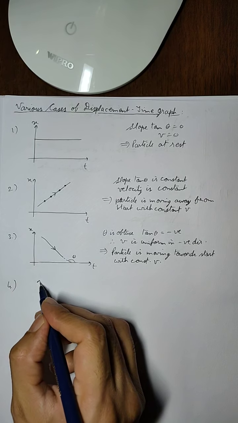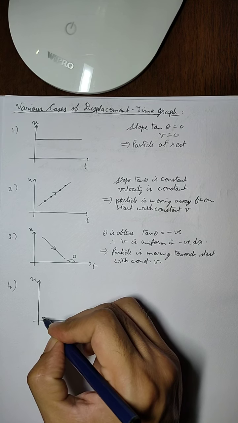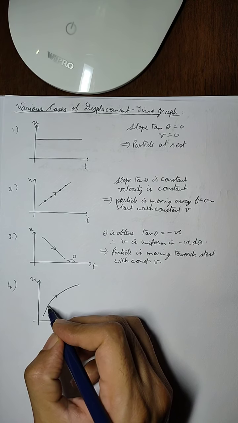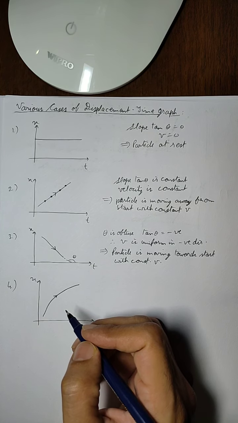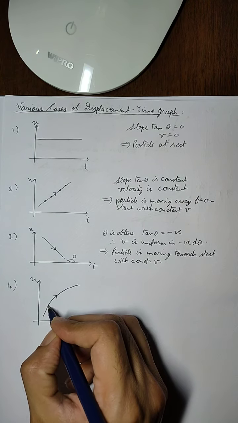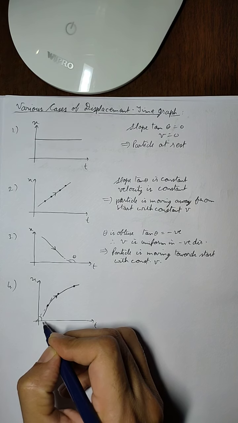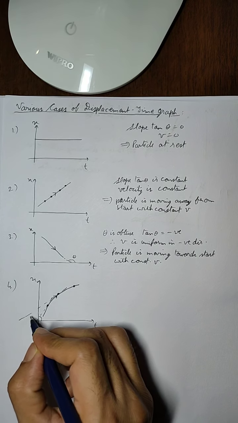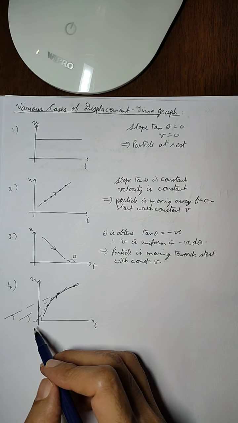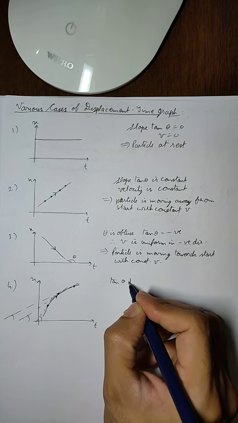Now the next type of graph is like this. When we are going in this direction, it is not a straight line, that means velocity is not constant, velocity is changing. So there will be either acceleration or deceleration. So let us see which one it is. Now if we take 3 points and make tangents at these 3 points, this will be theta, and we can see that as we are going up, the theta is becoming more and more acute, the theta is becoming smaller. So if theta decreases, that means the slope, the tan theta, is decreasing.